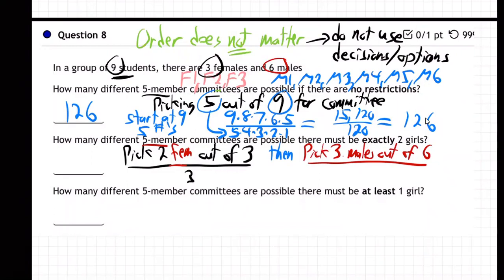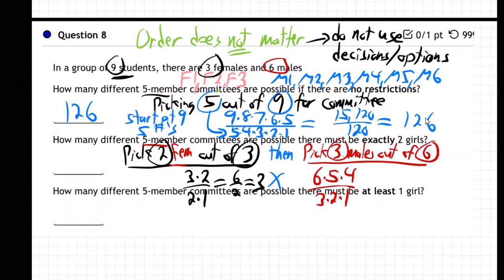So what am I going to do then? I'm going to go 3, start at the bigger number, do 2 numbers, over 2 times 1. Then that's going to be times, start at 6, do 3 numbers: 6 times 5 times 4 over 3, 2, 1. So if you multiply this on your calculator, this is 6 over 2, this is 3. So it's 3 times, and this will come out some big number, 120, I think,